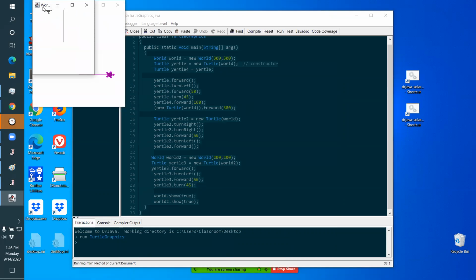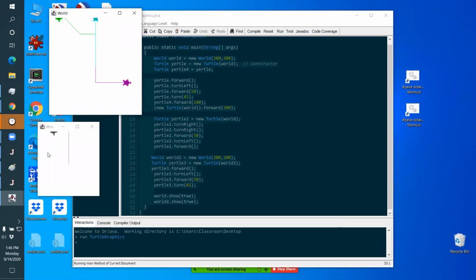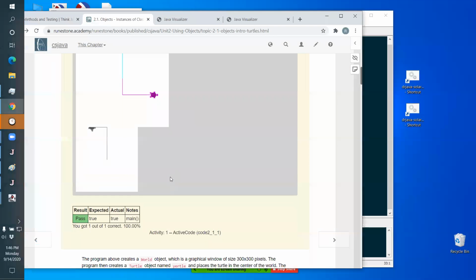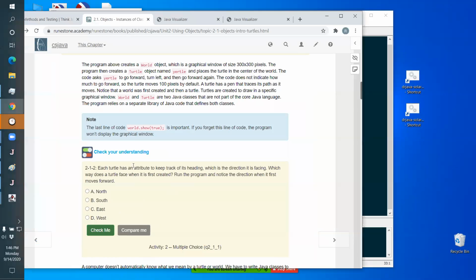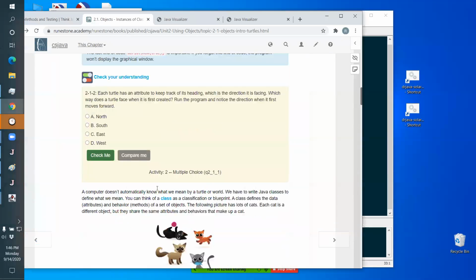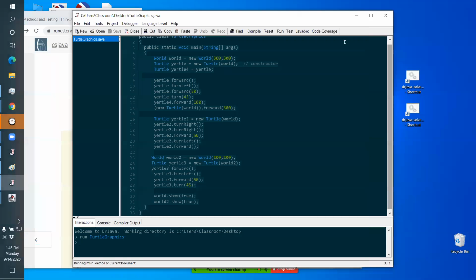There's my 2 turtle worlds. They show up as 2 windows, and there's my 2. Yeah, see, it works in Dr. Java. And the 2 worlds show up as 2 different windows. Okay, so you can copy and paste this code directly into Dr. Java if you want. So you can work in the browser with their code, read their examples and think about them. And you can also take any of their code and copy and paste it into the new version of Dr. Java, which includes,